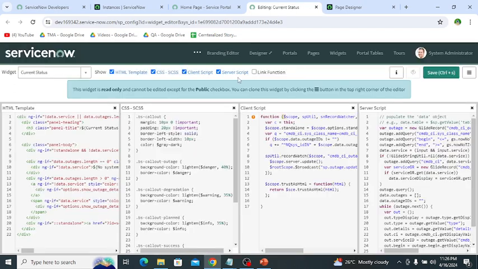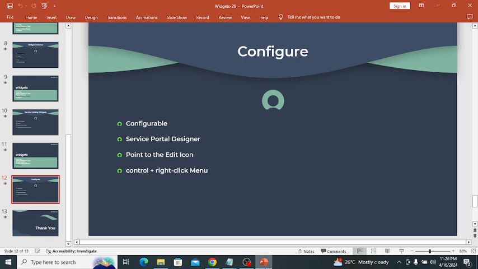Click on this, then this widget is opened in the widget editor. So we can also edit the functionality of this widget. So these are the ways to configure the widget.